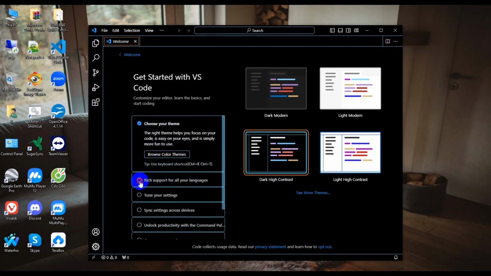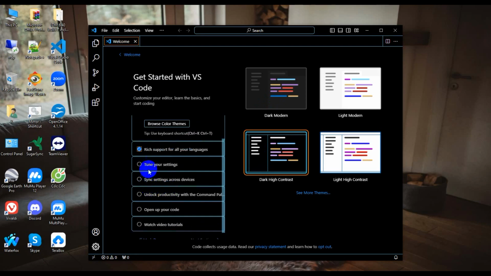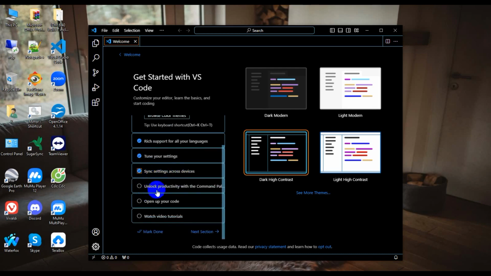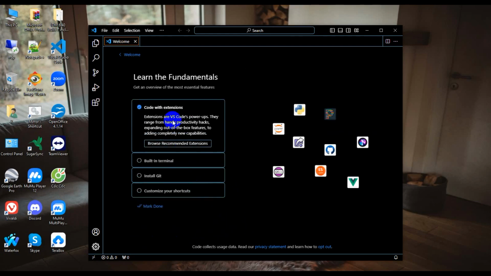support all your languages. Click here and tune your settings. Click here, sync settings across devices. Click here and unlock productivity with the command palette. Click here and open up your code. Click here and watch the video tutorial. So click here, mark done and go to the next section. So click next section and learn the